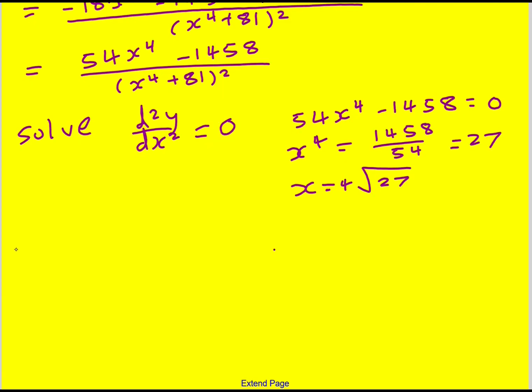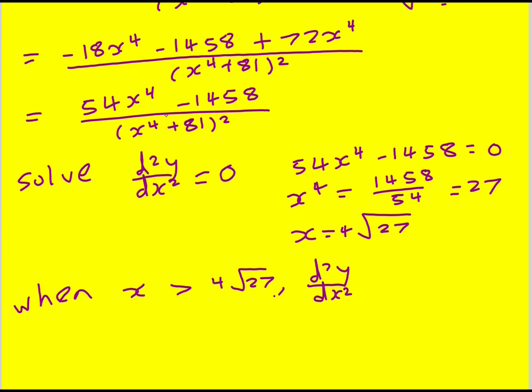Now I'm just going to say when x is greater than the fourth root of 27, we can just look at the second derivative because the bottom is always positive. When I go above the fourth root of 27, clearly that top function is going to be greater than 0 because x is slightly bigger than the value that caused it to be 0. So I'm just going to say, without actually calculating it, that it's going to be bigger than 0. You could put in a value if you wanted, but I think the mark scheme is okay with this. And when x is less than the fourth root of 27,